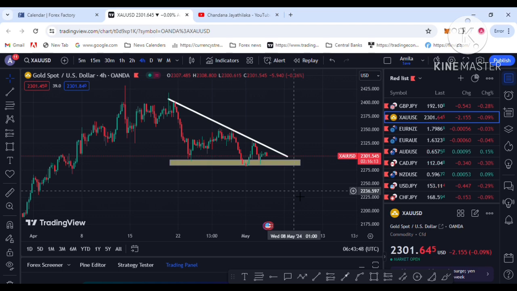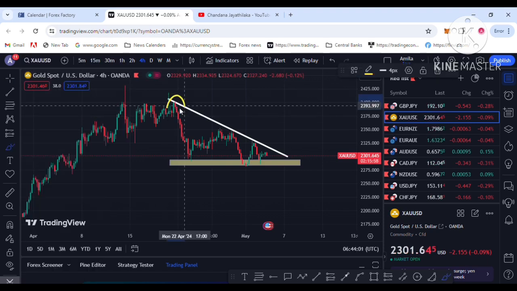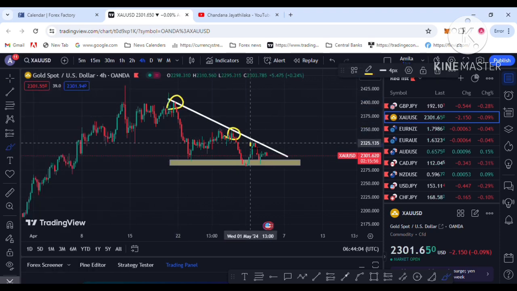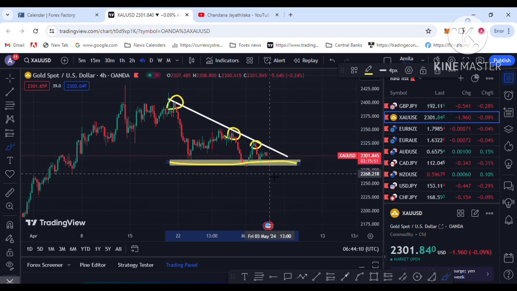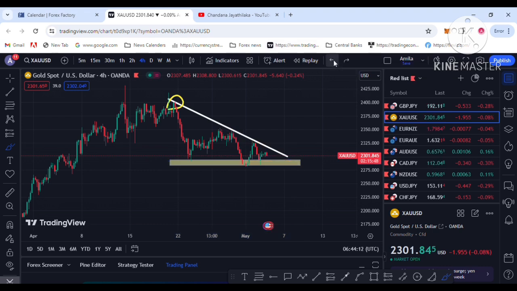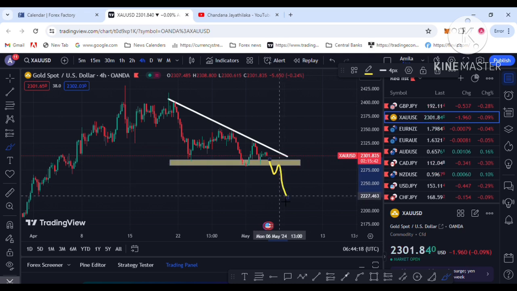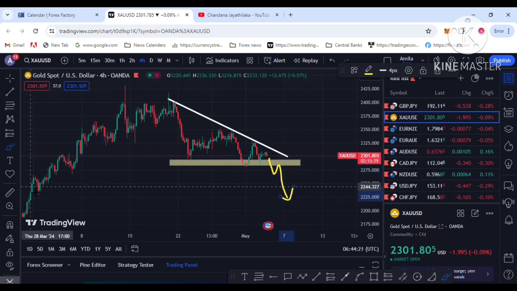So this is the technical picture on the 4 hour chart. This is the triangle. You can see technically the price is around this trend line. You can see price reacted several times to this trend line and the upper line, and also to the support level on the downside. So technically this is a triangle pattern. A downside breakout is a gold sell opportunity, and a breakout to the upside sets a buy opportunity.